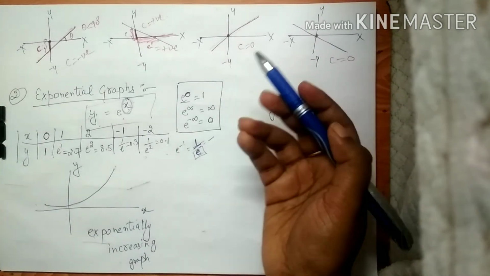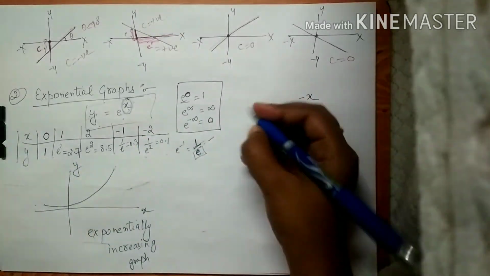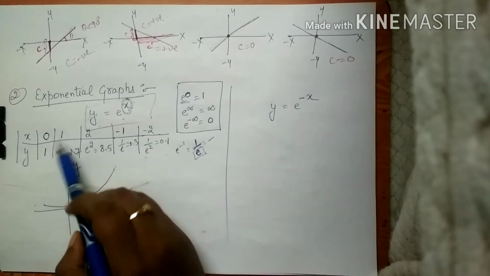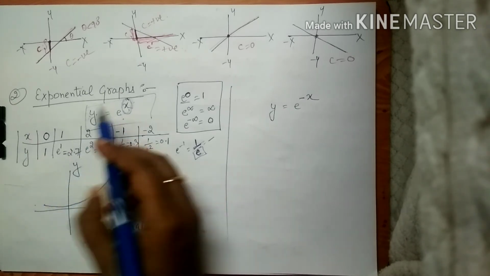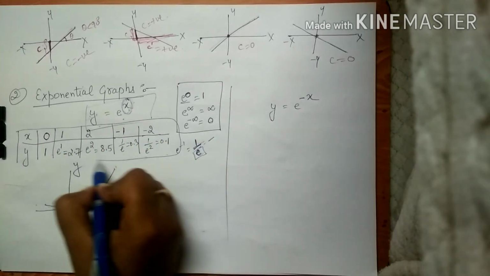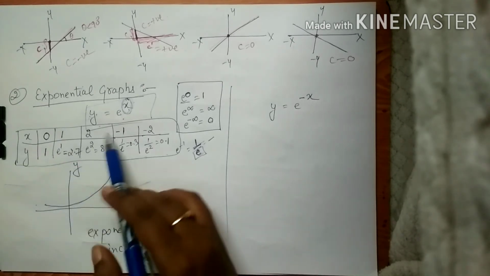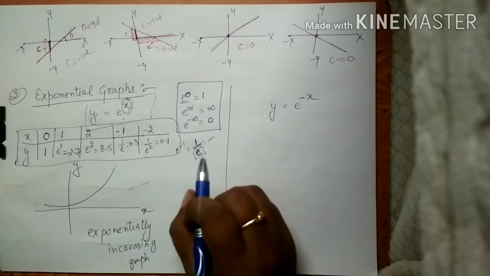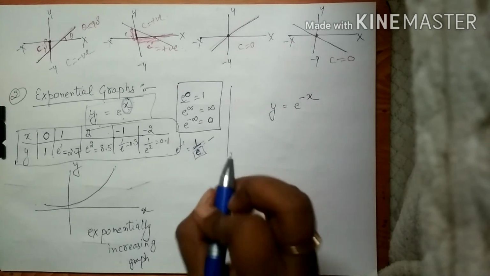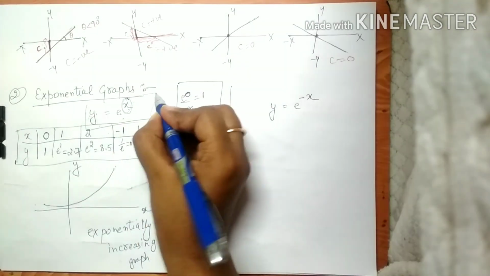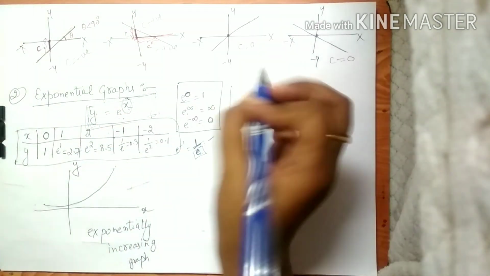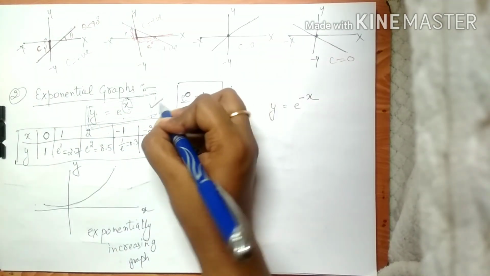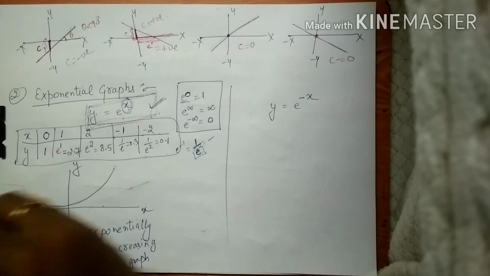What you need to do, as we have done in +1 +2 mathematics also, is that when you put the values of x here, you will get values of y. You have to plot that in this table, and using this table you have to make this graph. So basically, if in a question you see an equation like y equals e to the power x, then you should understand that the graph for that equation will be an exponential graph.